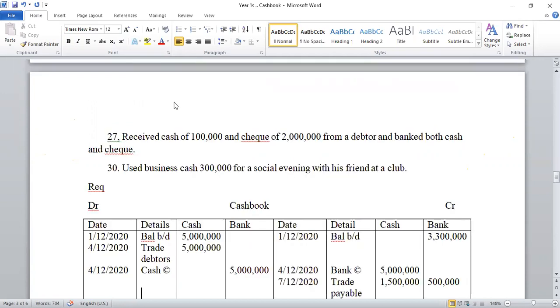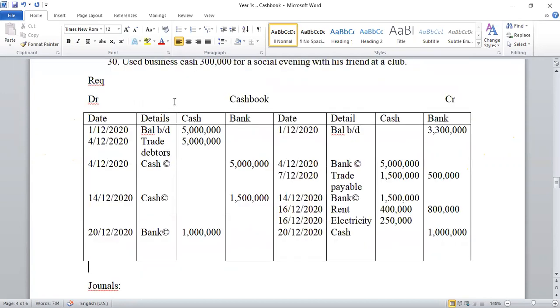This is what I passed as the last entry, 20th December. When you look at the cash book under the cash column, we debited it, so it has a debit entry. That's the 1 million. Where is the money coming from? It's coming from the bank account. Then when you look at the bank column, on the credit side, because we are crediting the bank, you'll find the amount, which is 1 million. And where is it coming from? It's coming from the cash account. That's what I've just explained. So I'm going to move on to the next transaction, and we see how we can conclude on this number.